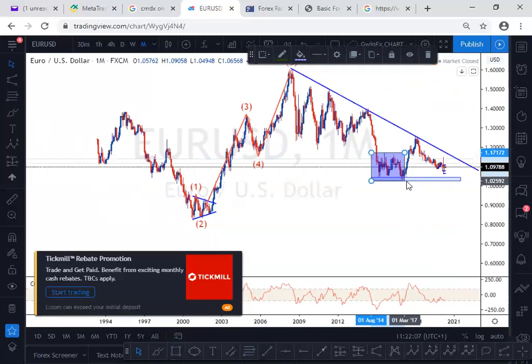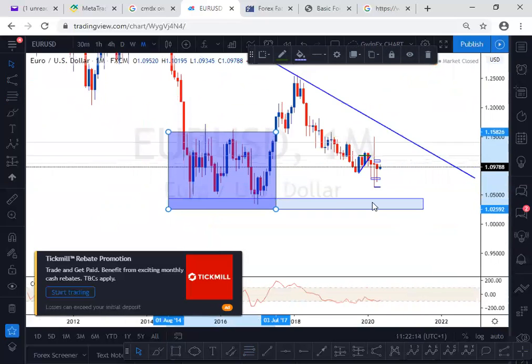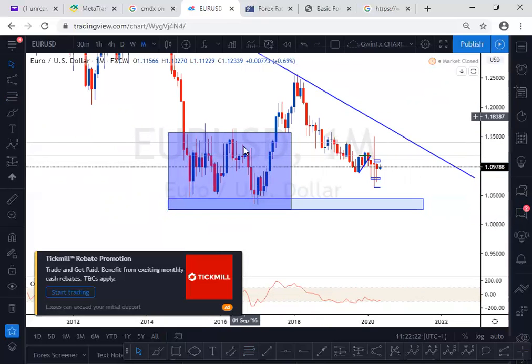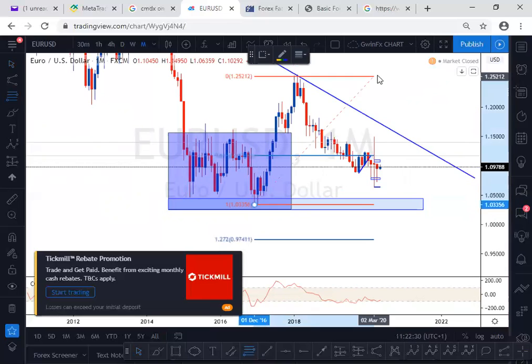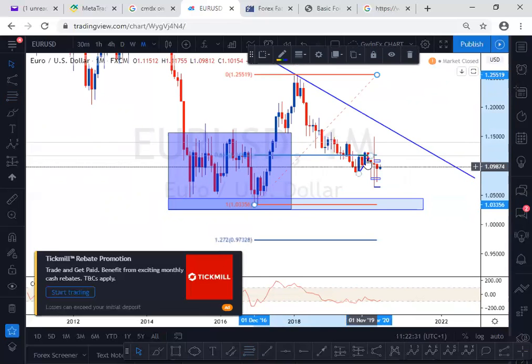Let's make this clean so that students can actually understand. This accumulation phase, the market was doing this sort of accumulation, and we want to be seeing movement upside from this point. This is a correction into this zone, using your Fibonacci tool from the swing low to the swing high, and you see the market taking over.